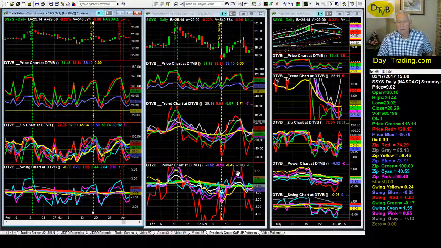The basic rule of the yellow twins, power yellow and zip yellow, is that as long as they're both lowest and going up, you're in an uptrend. And the opposite is true. If they're both highest and going down, you're in a downtrend. And so we can continue throughout this uptrend that we see here,